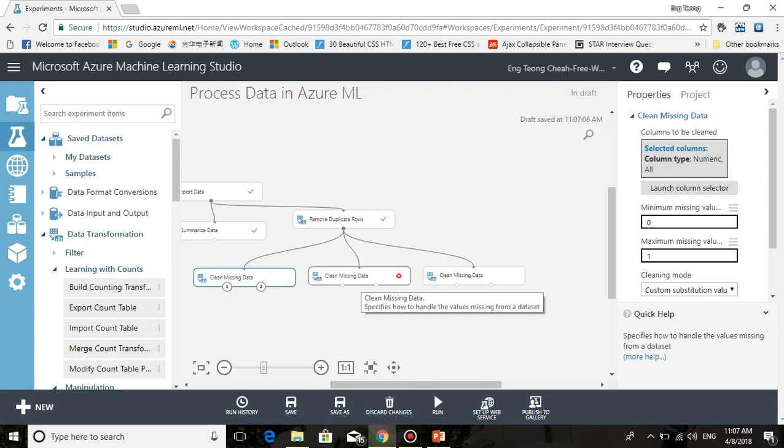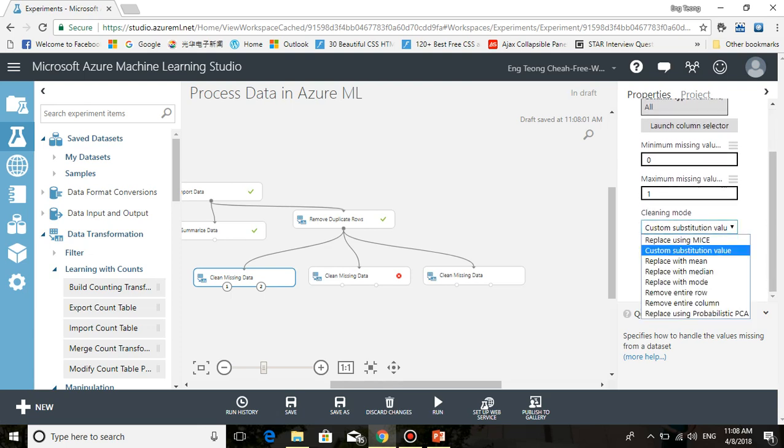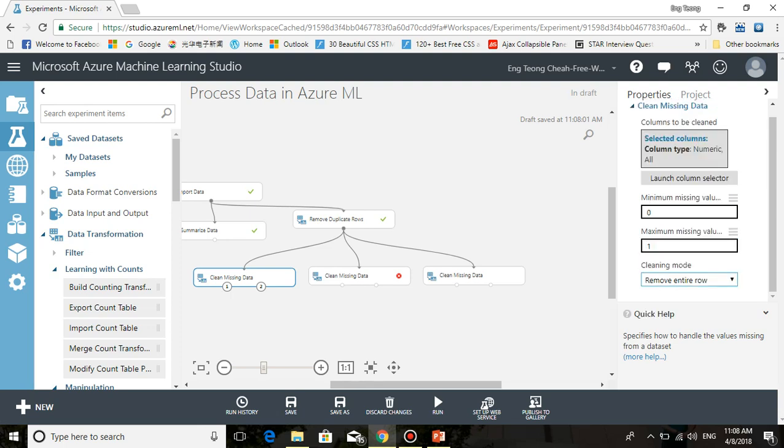In the center clean missing data module, in the properties pane, under cleaning mode, click remove entire row. Click the right hand